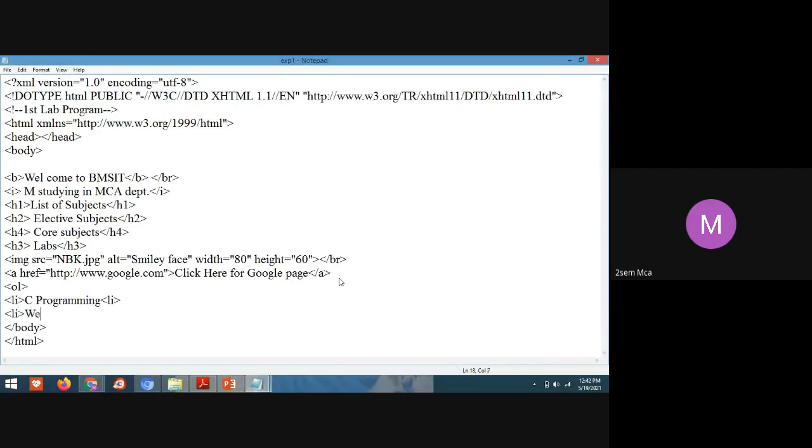Web programming. Closing of the ordered list. After seeing the output, you will get a clear idea, students.